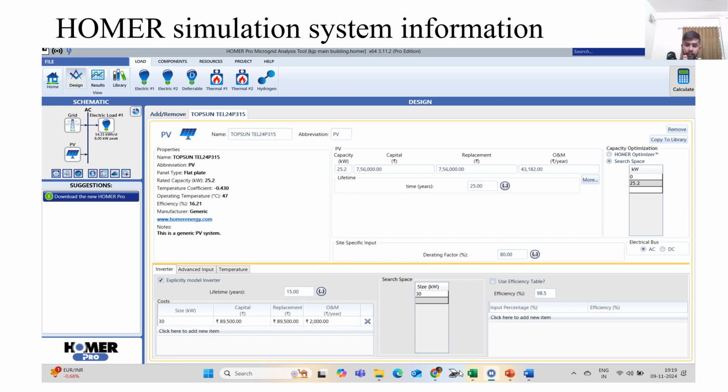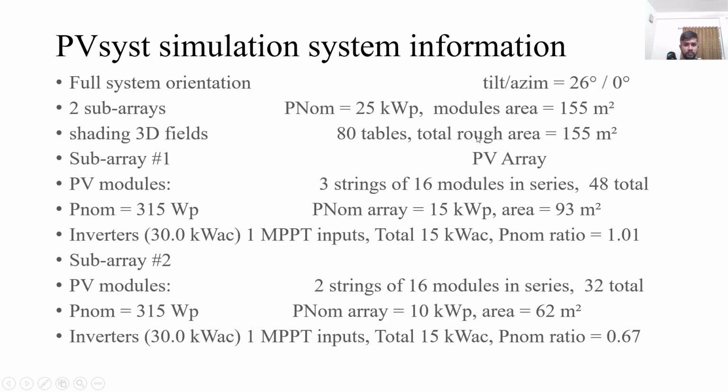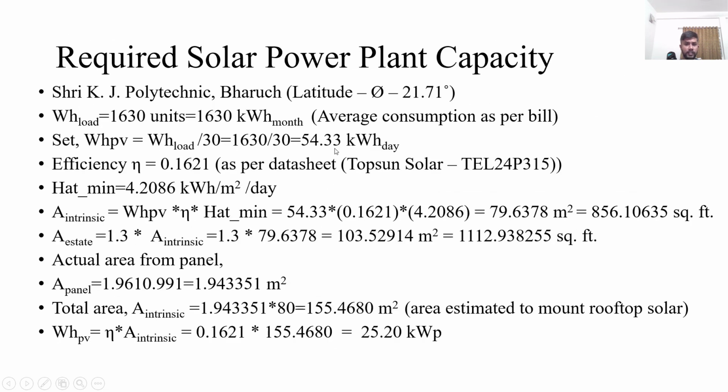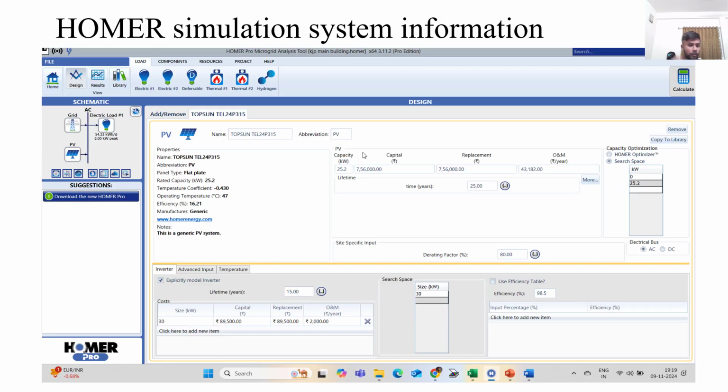This is the Homer interface. In this we have incorporated the data of our system. This is connected with the AC grid network; the photovoltaic plant or module is connected with the inverter, and through the inverter it is connected with the AC load bus. This is our load. The load demand is actually 54.33 that is required, or that we have calculated till this 54.33. So the actual data is already incorporated or fixed in the network.